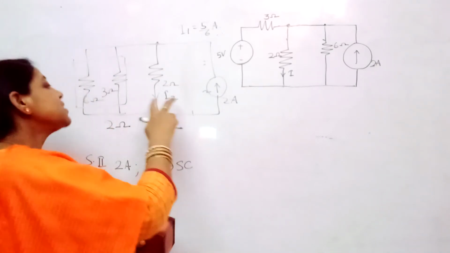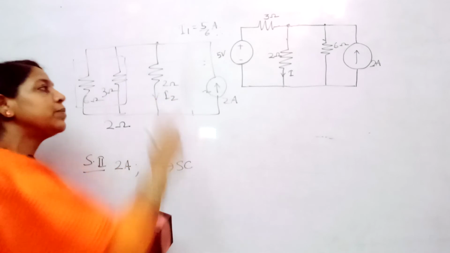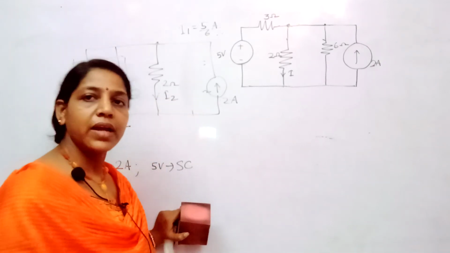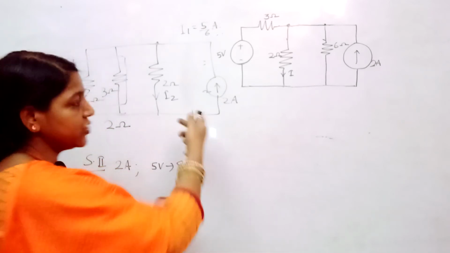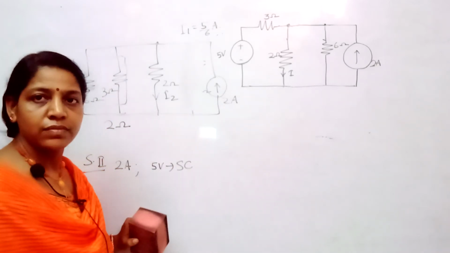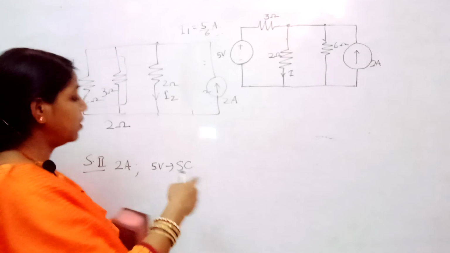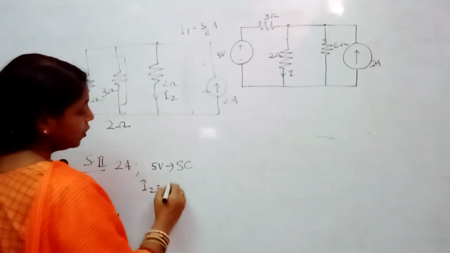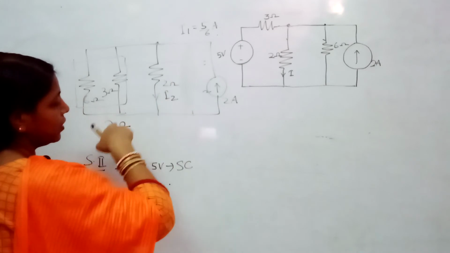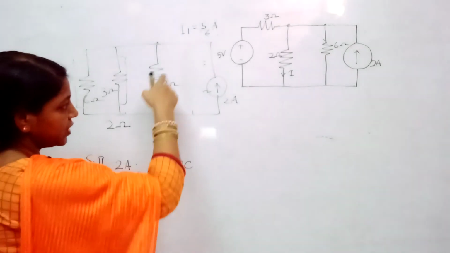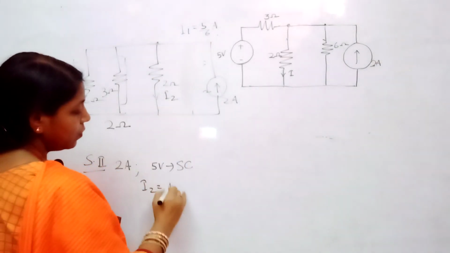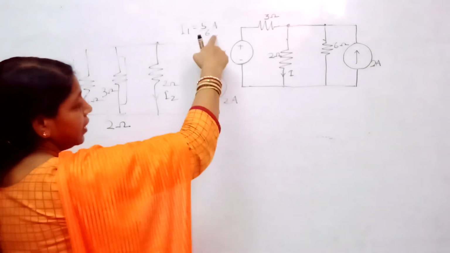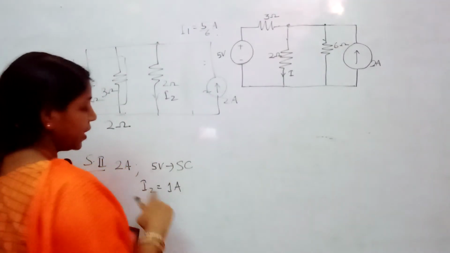So when 2 resistors of same resistance are connected in parallel and a current source is connected, the current will be divided equally. You can even check it by applying the current division rule. That is also one of the laws. So now your I2 equal to 2 ampere current divided equally, because this is 2 ohm, this is 2 ohm. So what is my current across now? I2, 1 amp. Okay. So what we got already? I1 5 by 6. Now I2 is 1 amp.